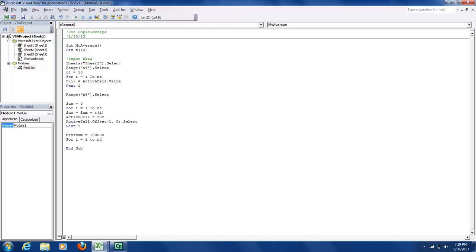And then we'll start an if-then statement. So we'll say if t of I is less than or equal to the minimum, then minimum equals t of I. This is basically saying we're setting our minimum at an unrealistic value for our data set, and that